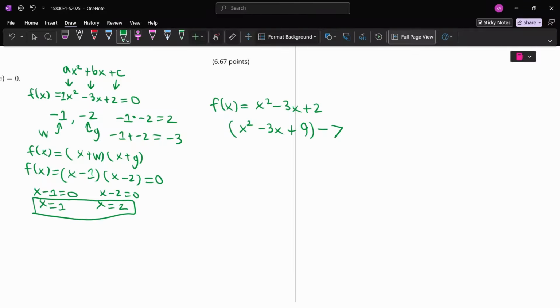And what this does is we basically just expanded this in such a way where we have a new quadratic expression where when you factor this, you come up with your w and g values, like I mentioned earlier, that multiply to this number and add to this number. When you